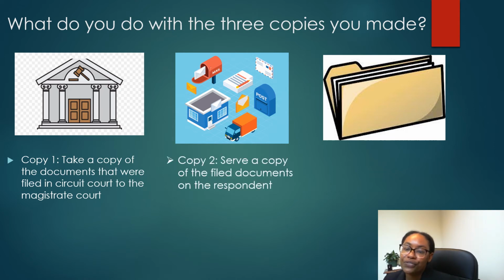Then you would serve a copy of the documents on the respondent, the landlord. And the image that I have does indicate mailing, which is an option. If you are in a time crunch, you can also hand deliver the documents to the landlord, if that is possible in your case. I also want to note, if you're going to mail the documents,